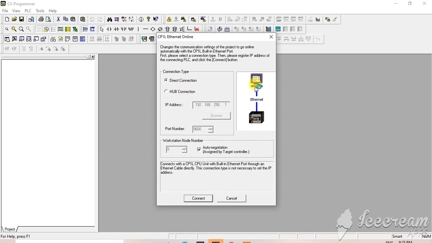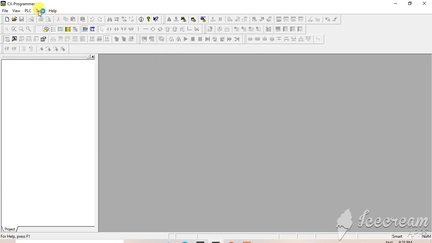This is the method of Ethernet connection. Here, for a hub connection, you need to enter the IP address of whichever machine you want to connect to. Suppose it is the machine with IP address 25, then you need to put that in to connect. Here I am offline, so it would connect with the machine. If you want to take a machine online with Ethernet IP node, then